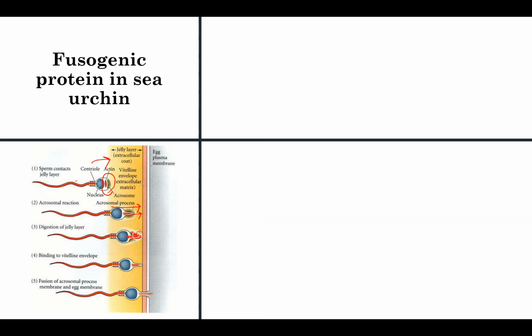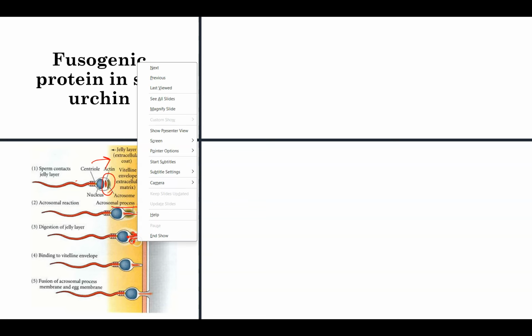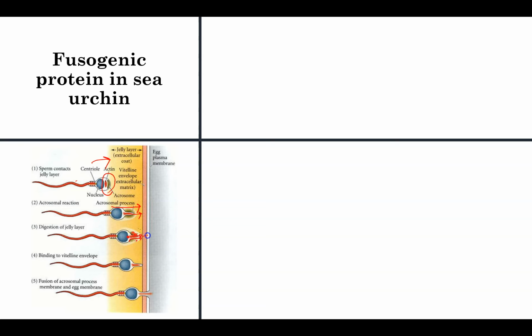And there are some proteins which are present on the tip of this acrosomal process. Once it crosses the vitelline envelope, these fusogenic proteins present on the acrosomal process will help with the binding with the egg plasma membrane, and these two membranes will then be fusing,